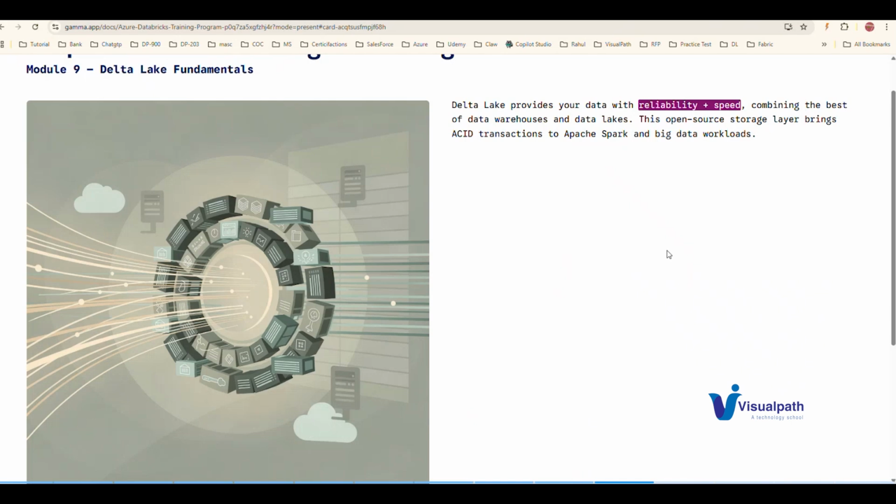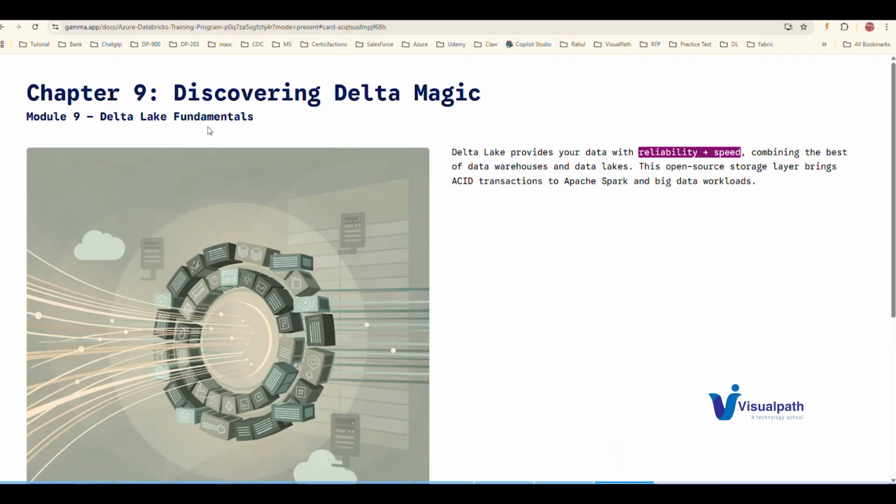If you're doing an SQL transaction, it should have ACID capability: atomicity, consistency, isolation, durability. This is one of the features of SQL Server. If you are using Delta Lake, the same ACID properties will be available.